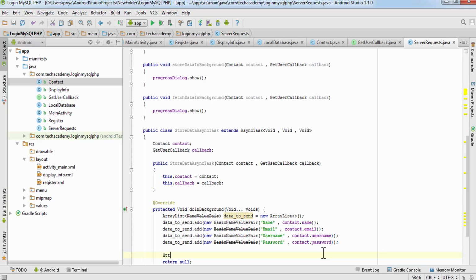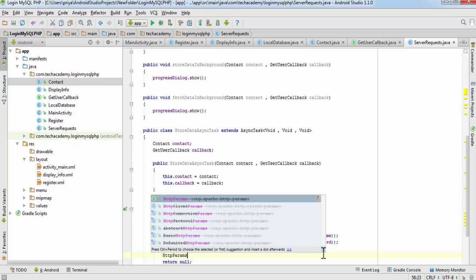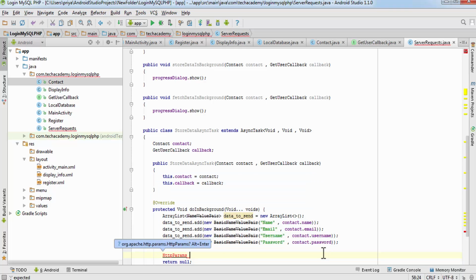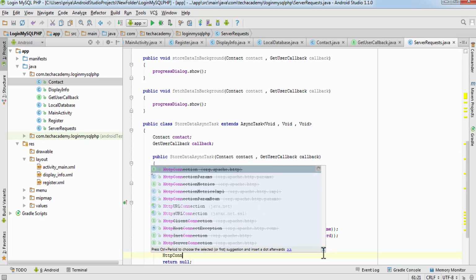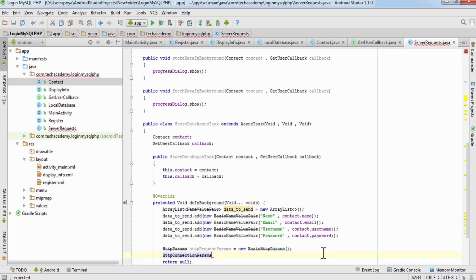So write HTTP params, hit Alt enter so that it gets imported. HTTP request params equals new basic HTTP params, and HTTP request and HTTP connection params dot set connection timeout, and it will take two parameters.